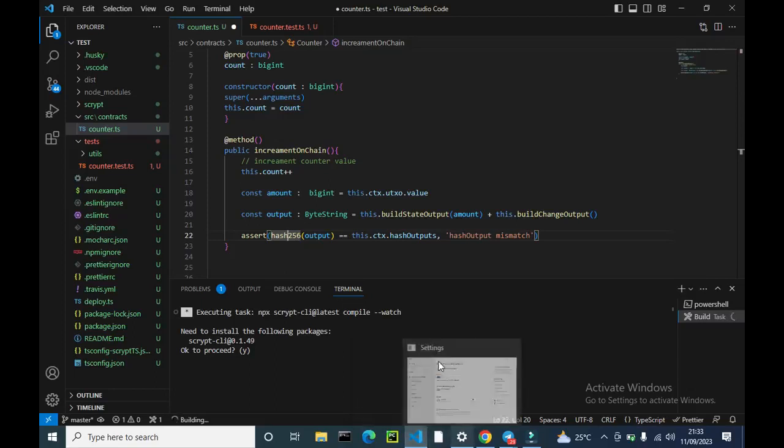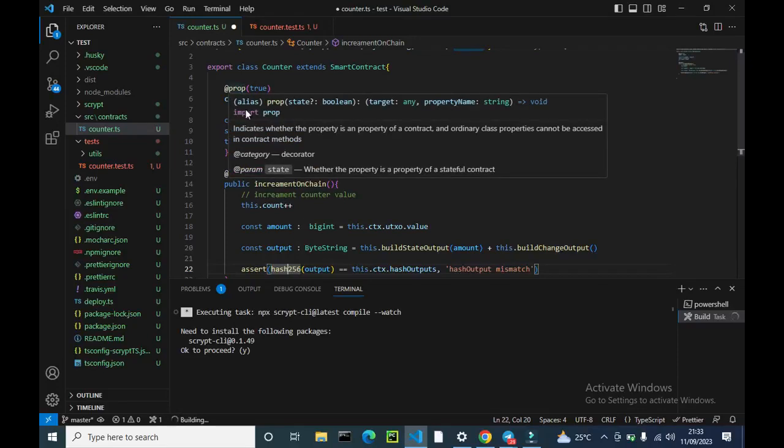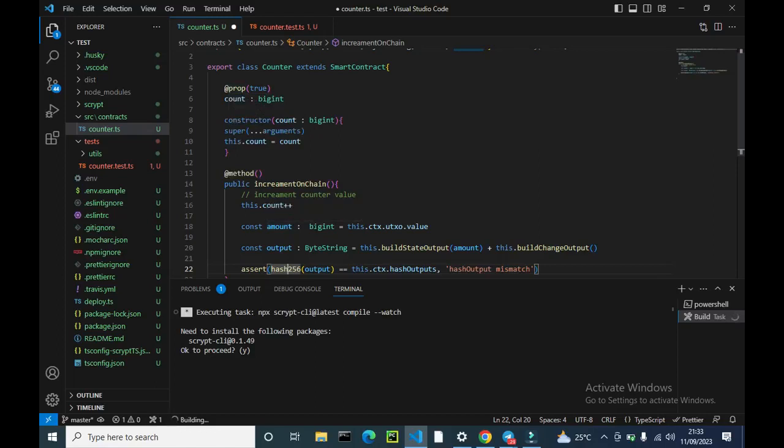That's why in a stateless contract we don't have to pass this argument of true in the property. So in a stateful contract, whenever we want a property to be updated, we will pass this argument of true in the property. And also this amount,